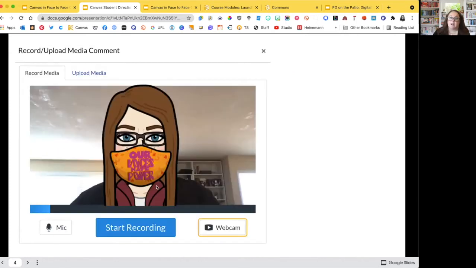Like this one, I was recording media in Canvas on a Saturday morning with no makeup, my hair in a sloppy bun. I looked awful, and I wanted to use this as an example. So I just put my Bitmoji over my face because I didn't want them to see my sloppy bun and everything. So this, I just build it out in